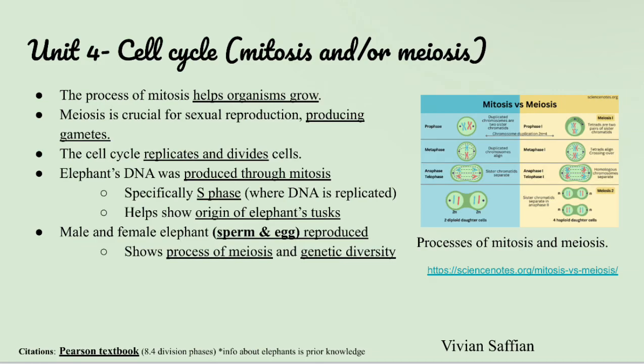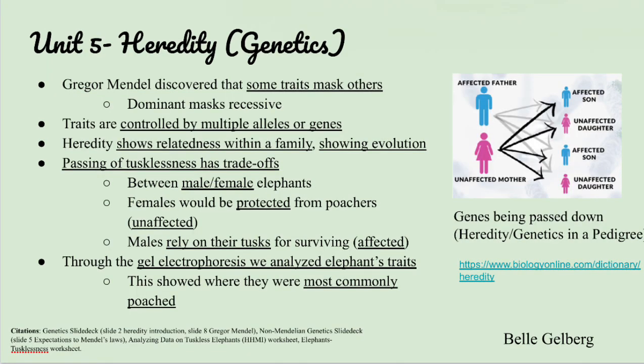Furthermore, the male and female elephants, the sperm and egg, have reproduced, which shows the process of meiosis and genetic diversity, in which each elephant gets different genes and traits from the mom and dad, which help make them who they are. So for Unit 5, which is heredity and genetics, one main scientist we studied was Gregor